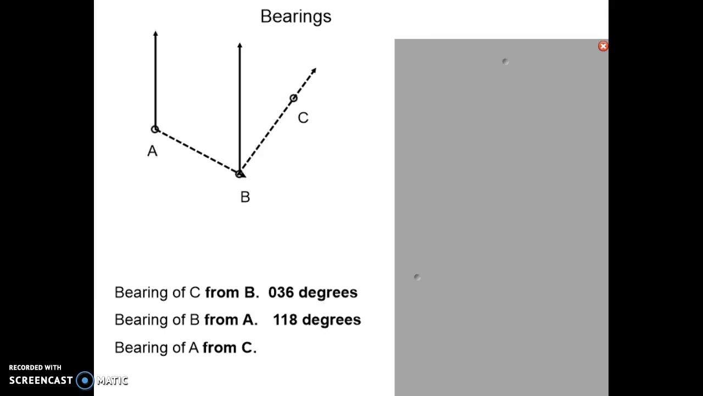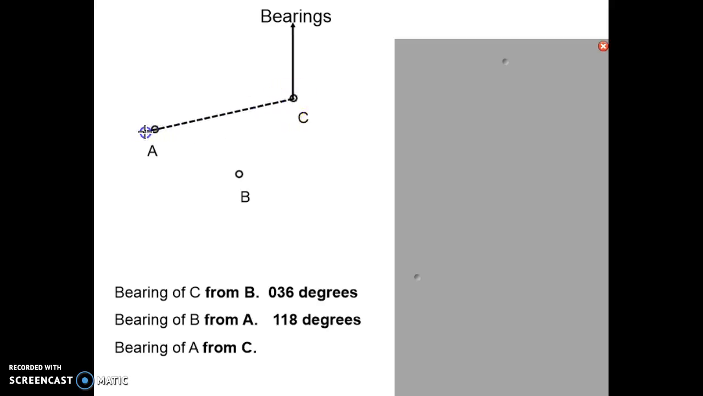So I've answered the first 2 questions here. So let me just get rid of some of these lines because my page is starting to look a bit busy. Now for the third question, bearing of A from C. So I'm at C, draw a north line there, then join C and A up with a line, and I'm going to be measuring this angle clockwise. So take my protractor,